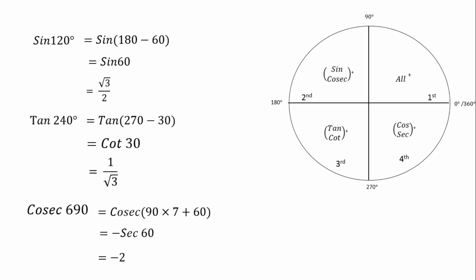In this way you can practice yourself to calculate the value of any angle. And always remember that we have to break into an angle which comes from 0 to 90 degrees. Here there can be any number, and if it is a multiple, always take 90 multiplied by the number, any number, and here try to get 0, 90, 180 or 270 degrees. In this way we can do the